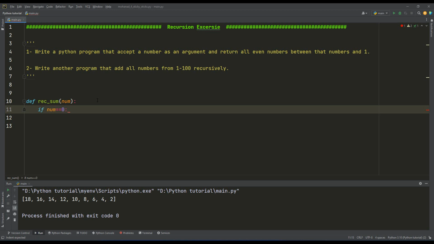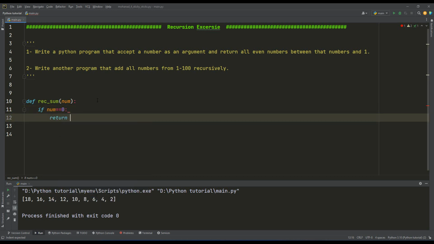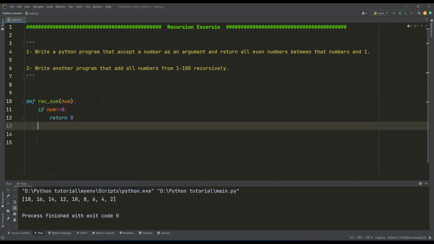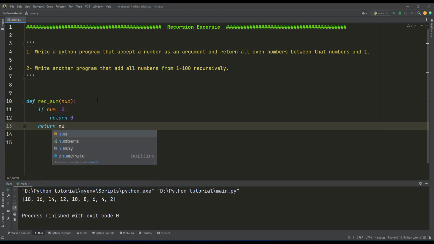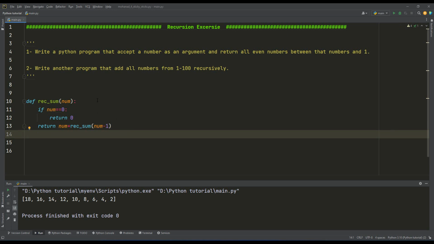If it is 0, then we return 0, and by the return statement we exit from the function and get the result. But if it is not 0, I will return the number plus the recursive sum function of the number minus 1. This is the whole function that adds any series of numbers, for example, from 1 to 100,